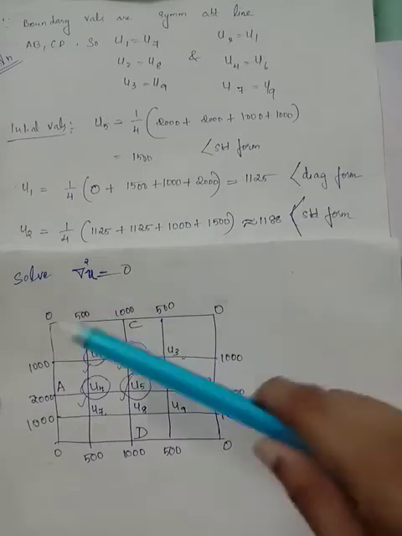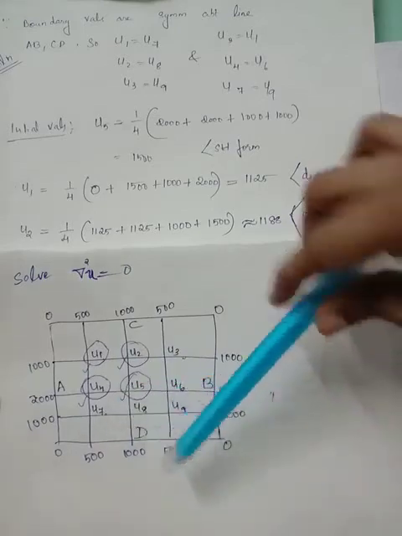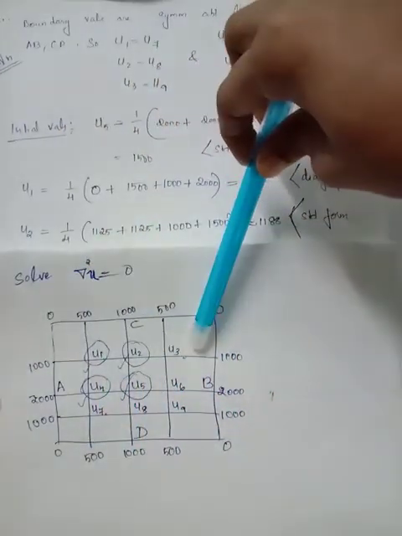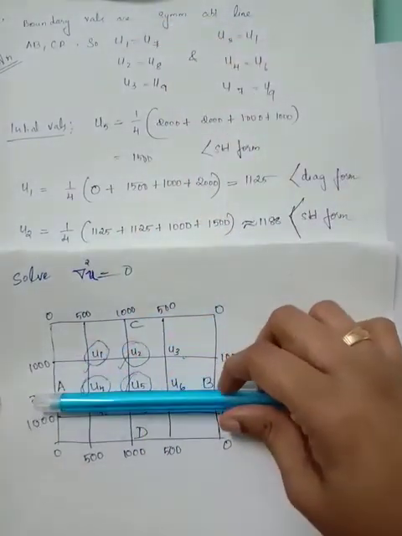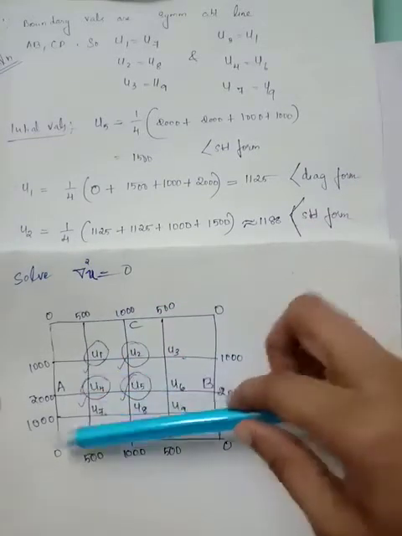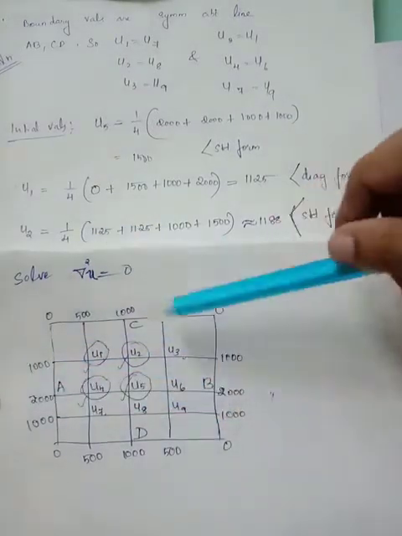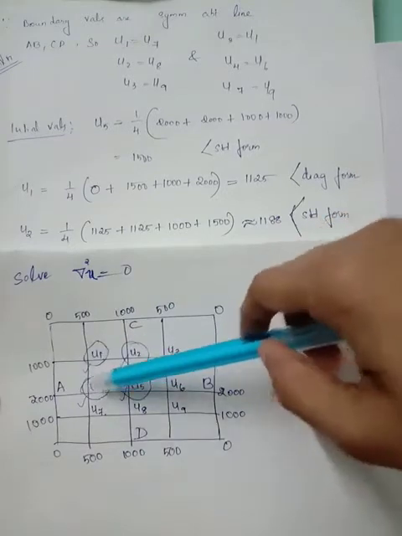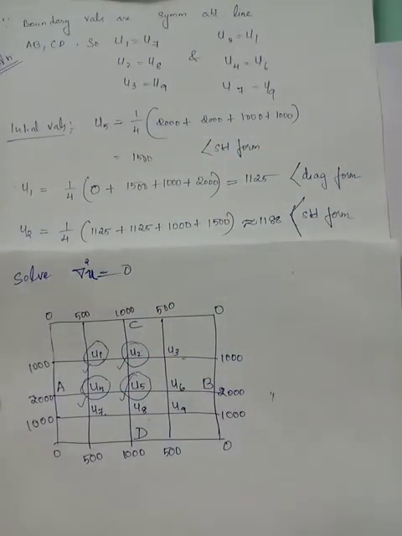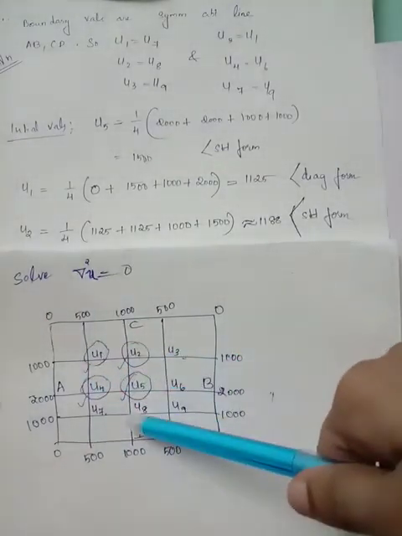Hence, you can consider u1 and u3 are equivalent, also u1 and u7 are equal, because CD being the mirror, u1 equals u3, CD being the mirror, u7 equals u9, AB being the mirror, u1 equals u7, AB being the mirror, u3 equals u9. Also, AB being the mirror, you get u2 equal to u8. So, only these circled values, u1, u2, u4 and u5, do not undergo any repetition, so it is enough to find these 4 values because other values are the same as one of these 4 values.